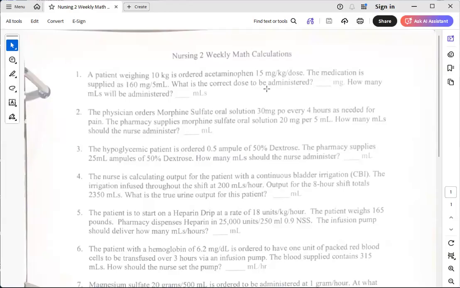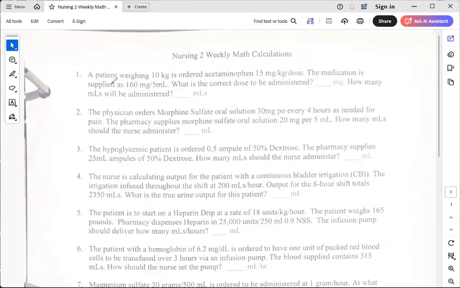All right. I'm going to work through these 14 problems here. We'll start off with number one. If I could click on it. There we go. Okay. So it says a patient weighing 10 kilograms is ordered acetaminophen 15 milligrams per kilogram per